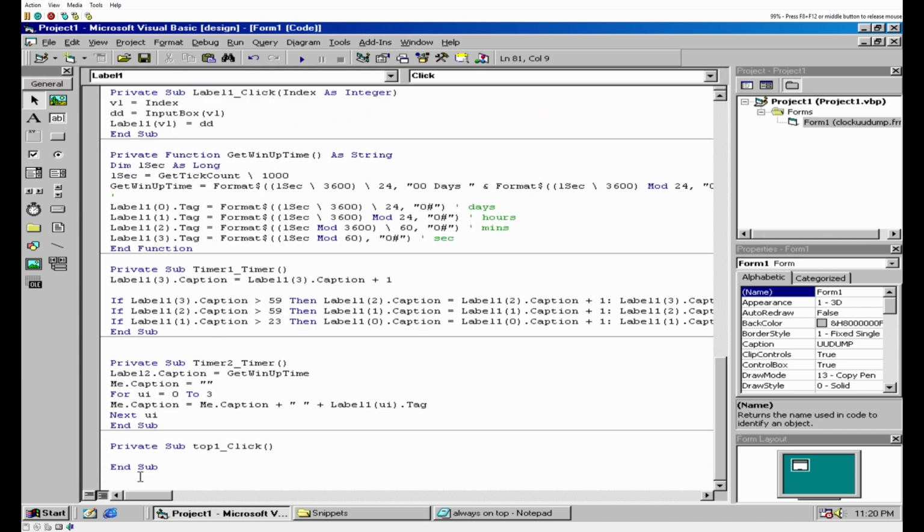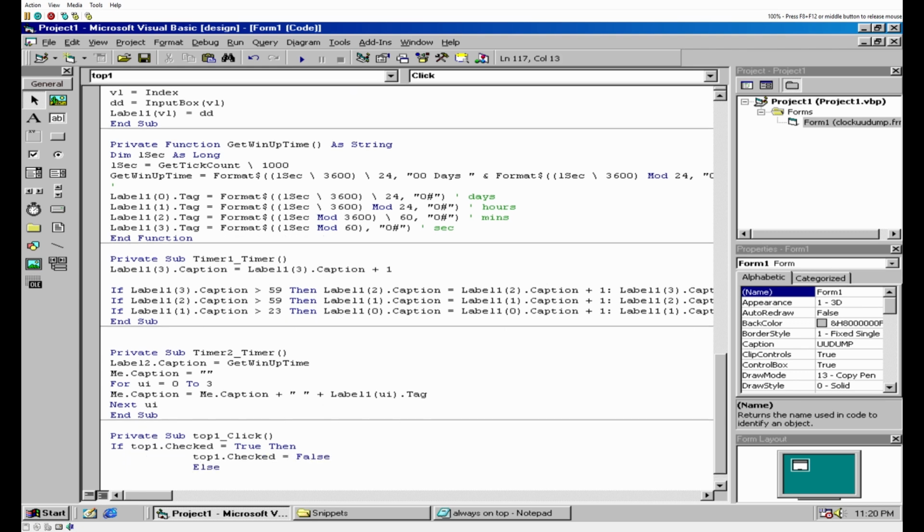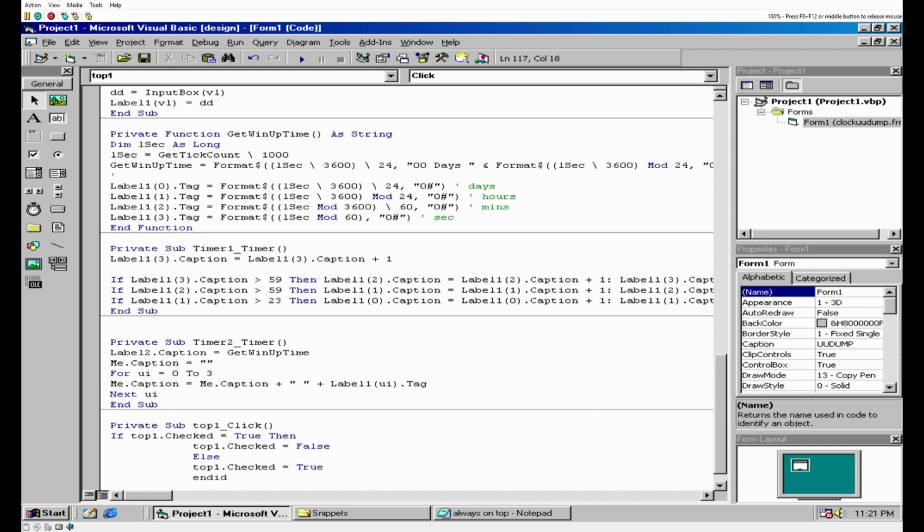Right, okay, so sub top one. So if top one dot checked equals true, then top one dot checked equals false, else top one dot checked equals true. So basically what that's going to do is, sorry,